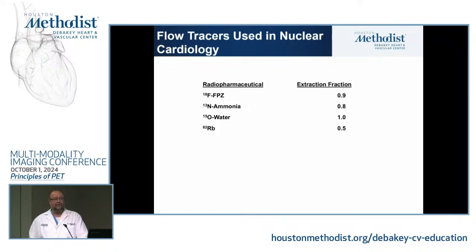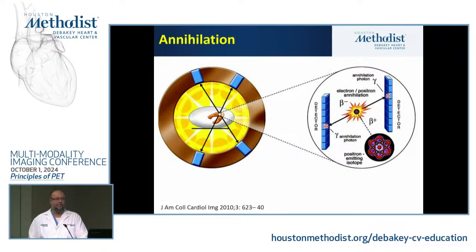The second difference between these radio tracers is something called the positron range. What does the positron range mean? So it depends on the energy. I told you we're imaging electrons or photons, right? But we're emitting a positron. So when we emit the positron, depending on the energy of the positron, it's going to move a little bit, and then it will emit the two photons. That distance is called the